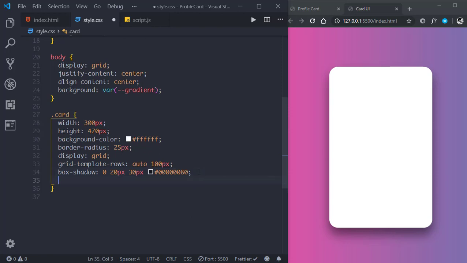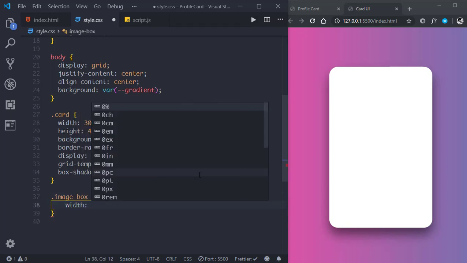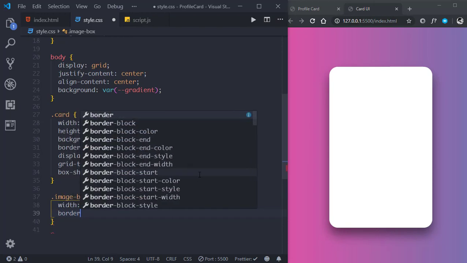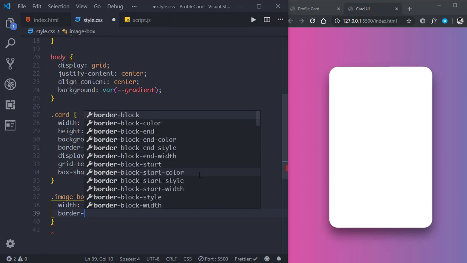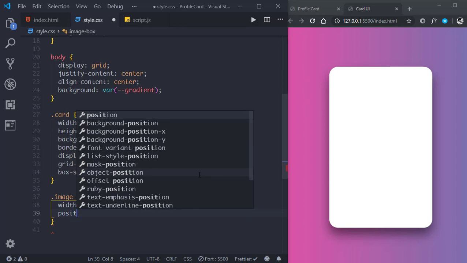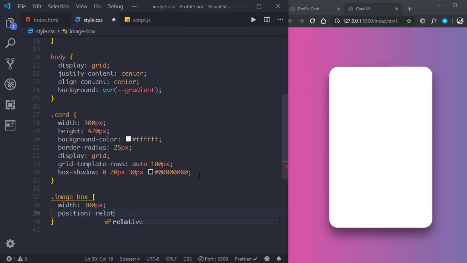Now let's design our image box. So image box will be with a width of 300 pixels and border radius, we don't need border radius actually. Position of relative. Okay, and